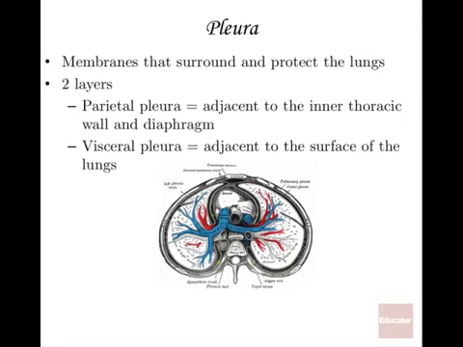Speaking of pleura, like I said, they're the membranes that surround and protect the lungs. It's 2 layers. So the parietal pleura, on this particular image, they call it the costal pleura, because remember, if you saw the lesson that has to do with the ribs and the axial skeleton, the costal term means ribs. So the muscles between the ribs are called the intercostal muscles. There's costal cartilage, which is right in here. You can use that term too.